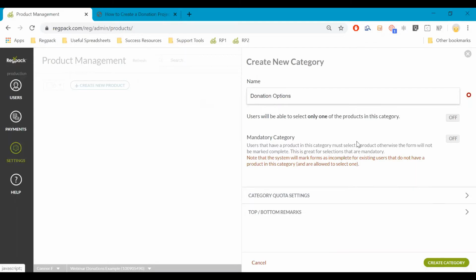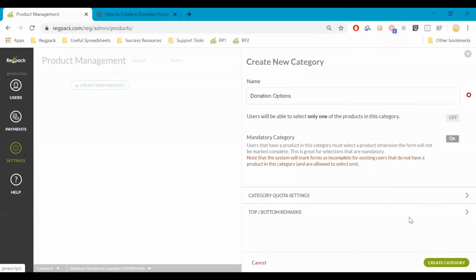So these are some standard settings that you can have for a category. Only select one or a mandatory category. You may have like 3 different packages where somebody's going to only select one, or you may have a couple different things that you're providing in exchange for the donation and want to have the ability to select more than one. A mandatory category would be if you have this is the main category to where if you need to make sure that they select something, you want to put that on so that way it'll stop their progress if